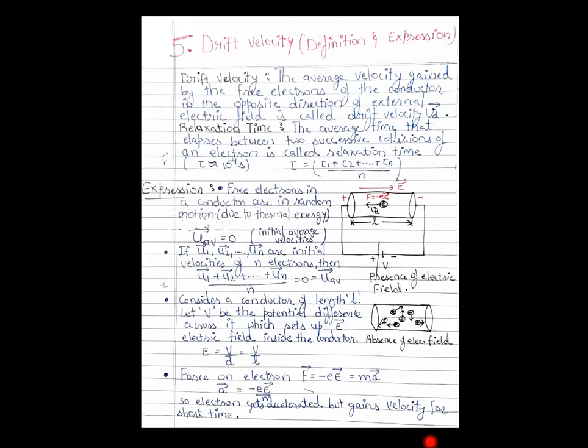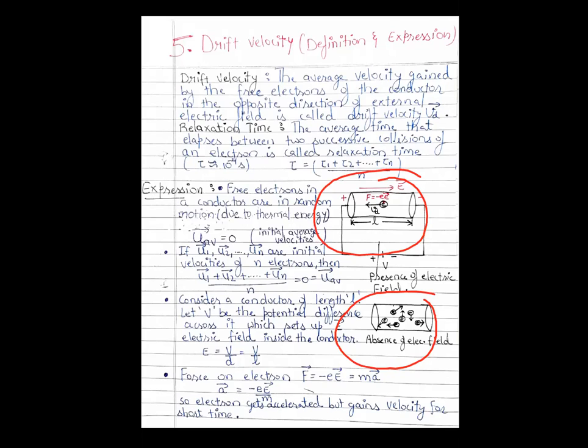But how long will that velocity remain? That velocity will remain till the electron experiences the next collision. You know the electrons are continuously in collision. The electrons inside the conductor, over here, even over here, are continuously moving and are in continuous collision with the positive ions as well as with the electrons themselves. So the continuous collision is going on inside anyway, and we applied an electric field from outside. So what happens? Because of that electric field, a force is produced, that is minus e capital E, and